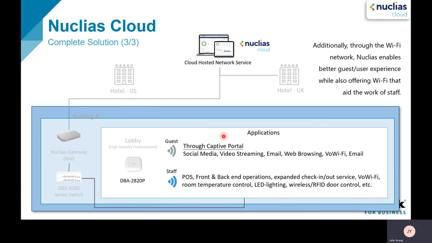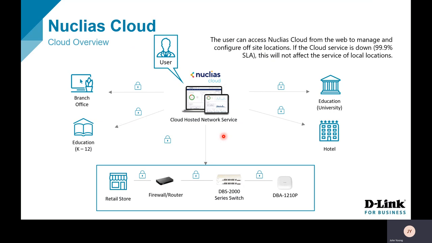Then for the staff itself, don't need to worry. We can set up the encryption: WPA, WPA2, and even the latest WPA3. For their services like POS, front-end operation, the check-in and checkout services, and even to provide wireless for their application devices like the room temperature control, the LED lighting, and the RFID door control. So for Nuclias Cloud,